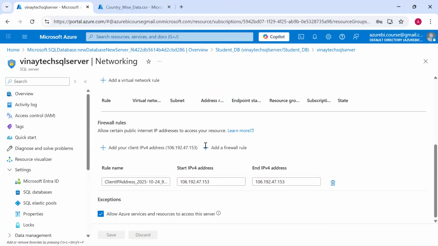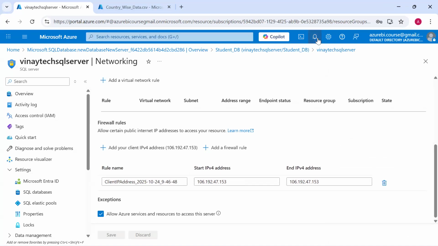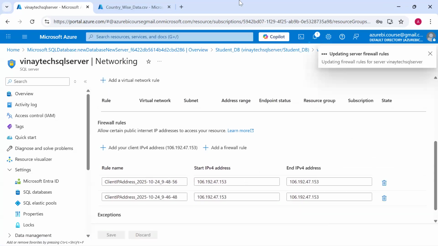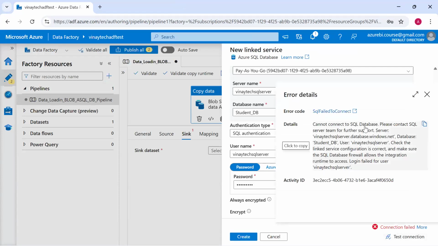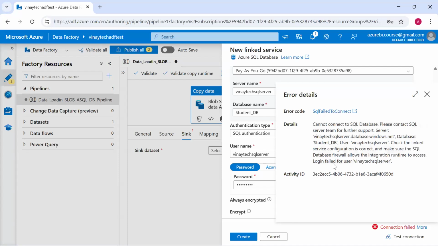It didn't add it yet. Why is it not added? If it is added, then you need to test. What is that error? Make sure the linked service configuration is correct, the firewall allows access, or login failed for user.